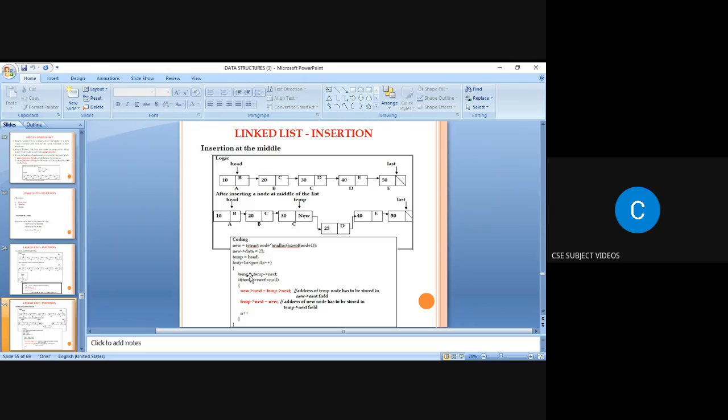So insertion at the middle is a very easy process in the linked list. Why? Because first we have to identify the position where we are going to insert. So first we have to create a node with the node structure named as new, and we have to allocate the input to the new node, and we have to assign the temp value to the head position,